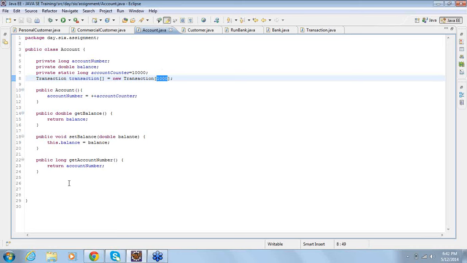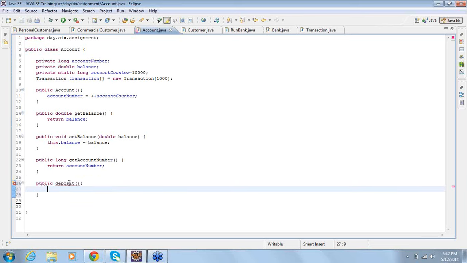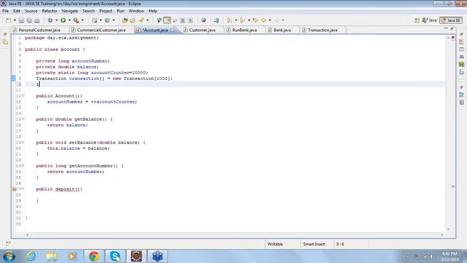Now, I would like to add a deposit method here. Deposit. Oh, one more thing. We got an array here, and as usual, in order to manipulate an array, we need a variable.